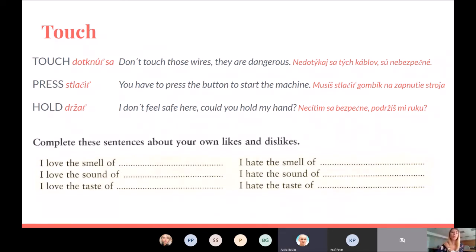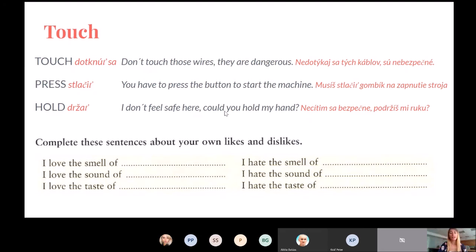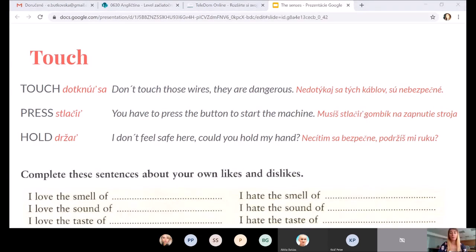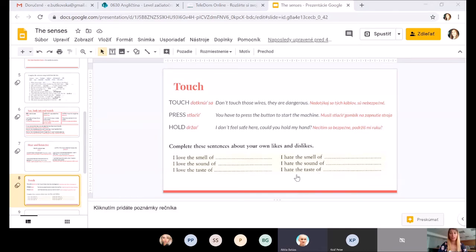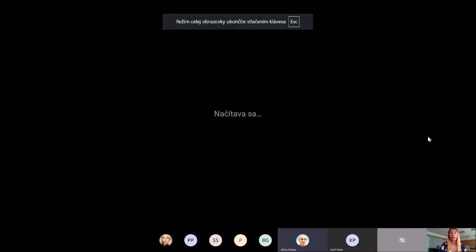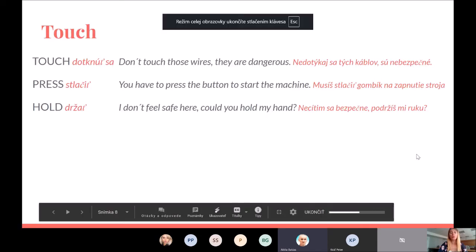The chat box you can find in the lower part. Or even you can show us on your panel over there. We can see your panel maybe. Okay, so